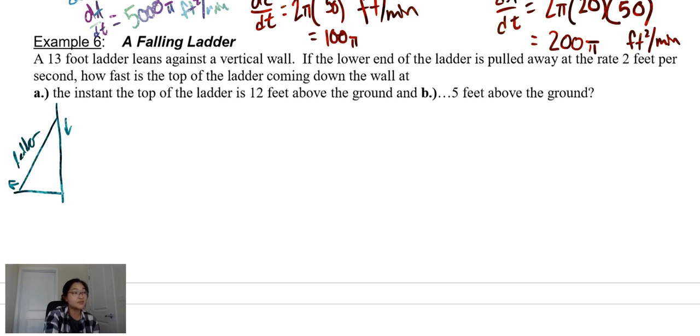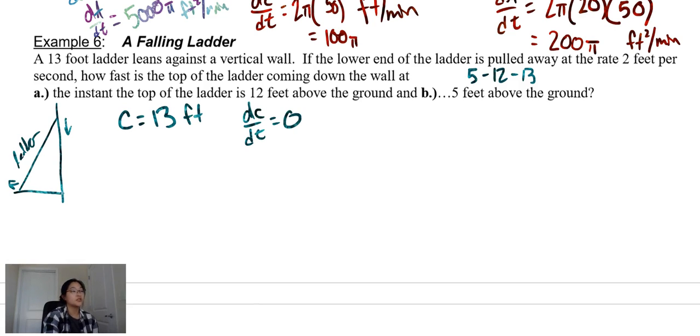And this is really nice because this is a 5, 12, 13 triangle. That's one of the Pythagorean triples. So that's really nice. So what do we know? We know that the length of the ladder, let's call this C, is 13 feet. The length of the ladder doesn't change though, right? So if we take this ladder, say this is a ladder, and then it's sliding down, that means that the length of this is not changing. So dC/dt